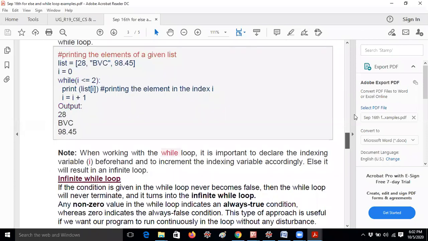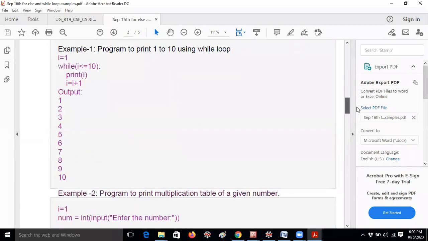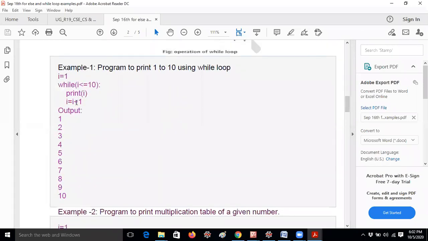So in that I have given some examples like this. Here I am giving the 1 to 10 example. If you would like to print the squares of the particular number, you can give i double star 2 like that. i to the power of 2 is nothing but you will get the value, right? So by using a while loop, you can access the values. For example, I am giving i square here, and let me copy this code.